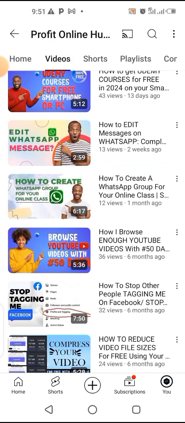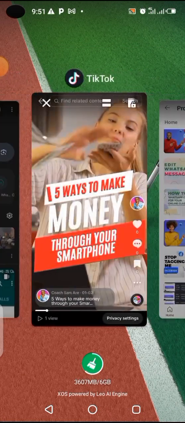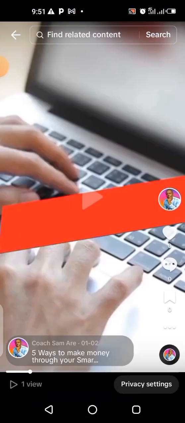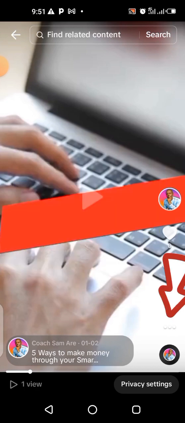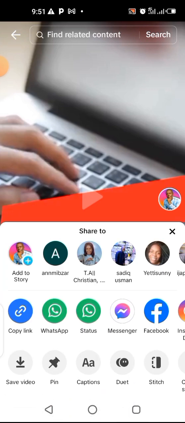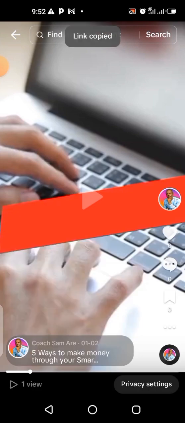So the first thing you will need to do, our first step, is to go to your TikTok app on your mobile phone or your mobile device. Find the video. For instance, I want to use this video. It can work if the video is yours or from somebody else. So what you will need to do is to look for the share button. If you see the share button, fine. If you don't see the share button, just come to this three dots here, click on that, and then it will show this interface for you. If it is the share button you click on, it will also show this interface for you. Thereby, you will need to now click on copy link. Can you see copy link here? So let me copy the link and then we'll go to the next step.